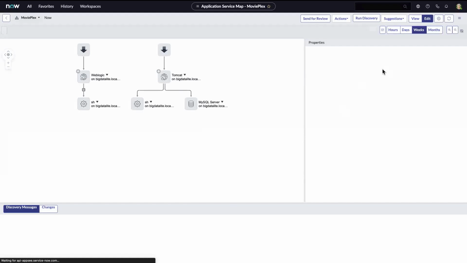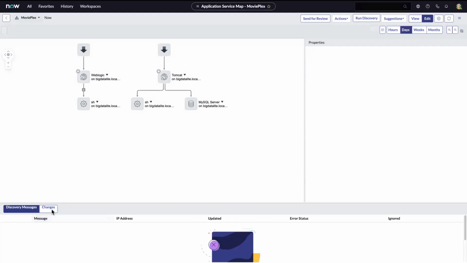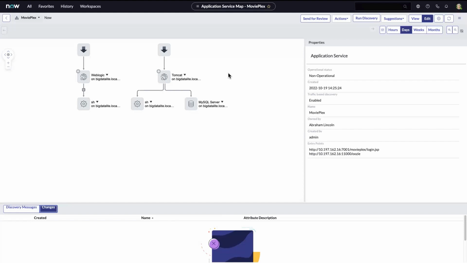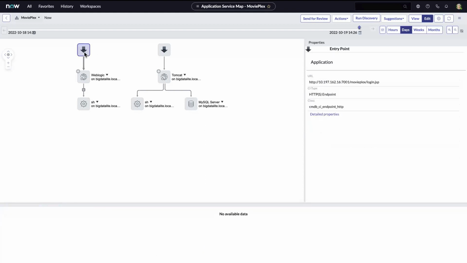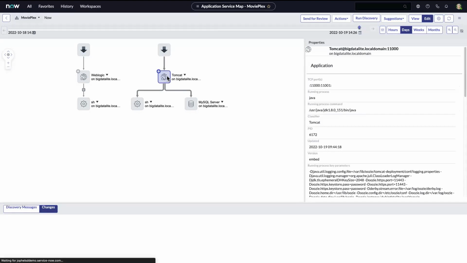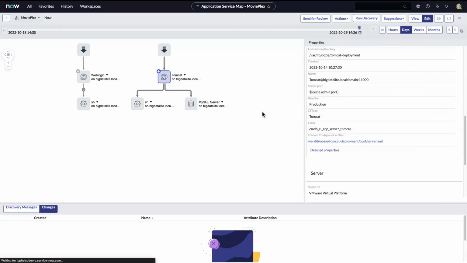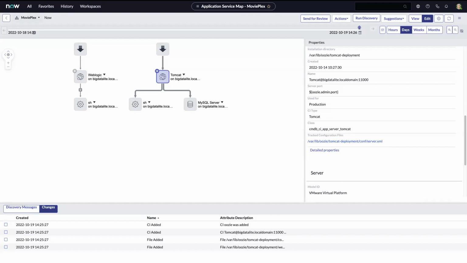All right, so here we have our fully built out service map, just based off of those endpoints that we provided to it. So here we have our endpoints again. You can see some of the data here on the right, some of the CIs that were built out with it as well, automatically coming out of our CMDB. So now, at this point,